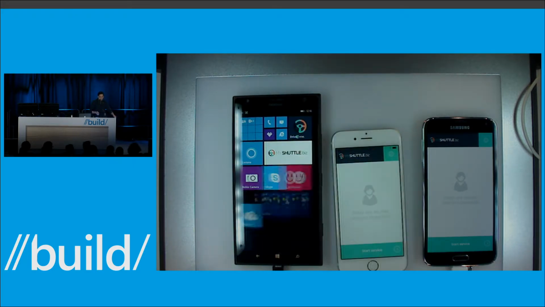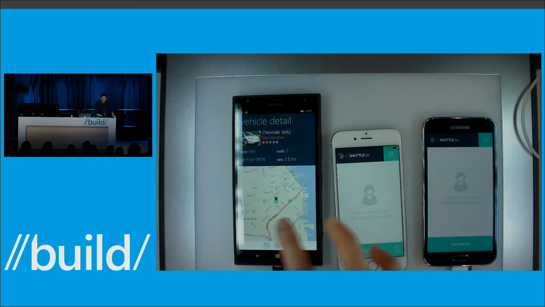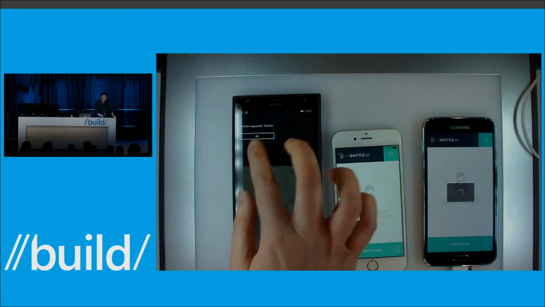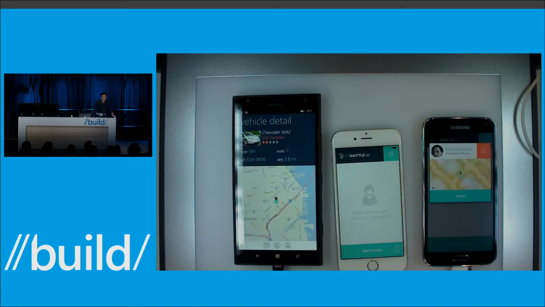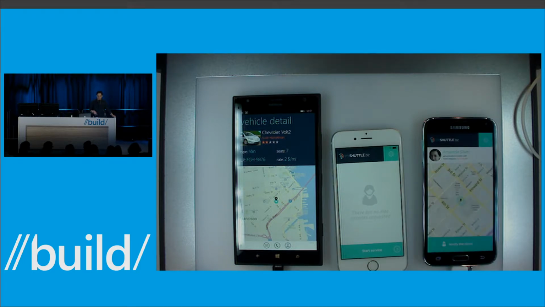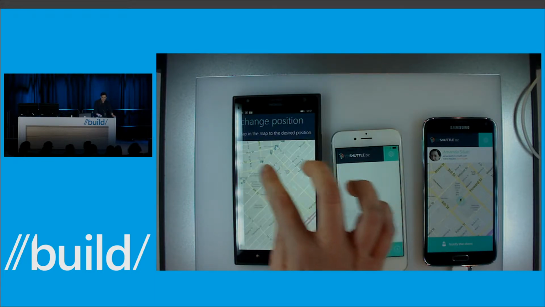Now, if I go into the My Shuttle Biz app again, and I go ahead and request a ride, you can see that that sends a push notification using the Azure App Service, the mobile services, to my Android device. If I go ahead and accept it, you can see that this will actually send another push notification to my Windows device. I can even go ahead and update the location.